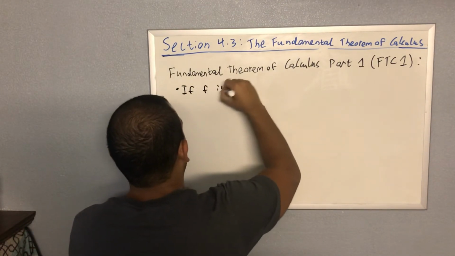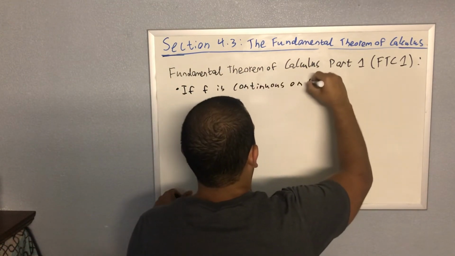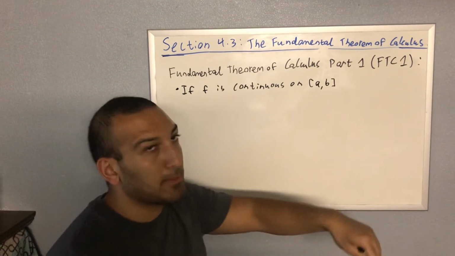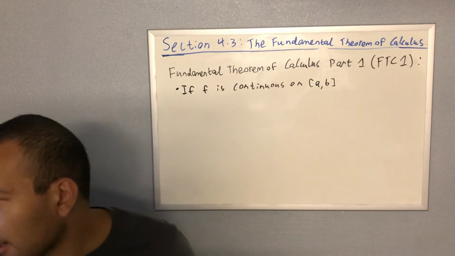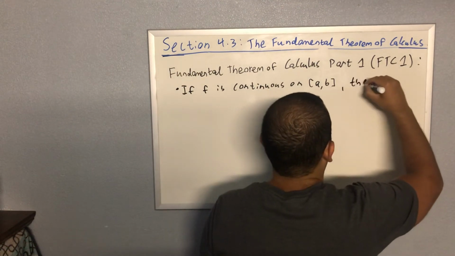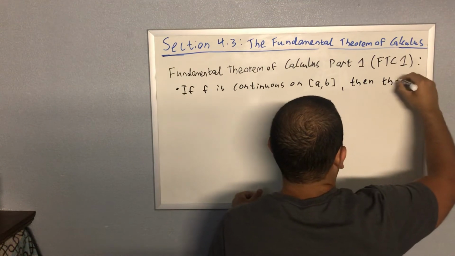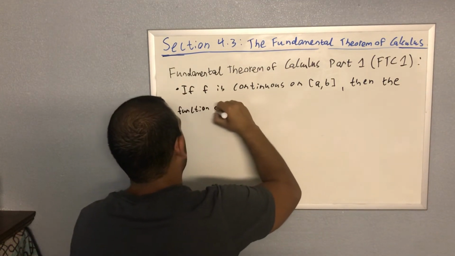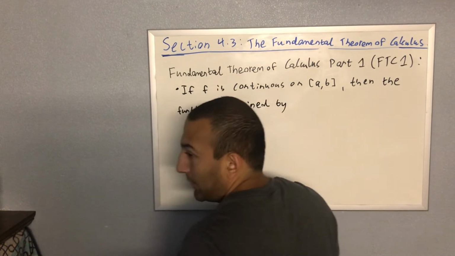If f is continuous on [a, b]. Remember, we needed continuity to be able to have integrability, meaning we can actually find the area underneath the curve. Then the function g defined by